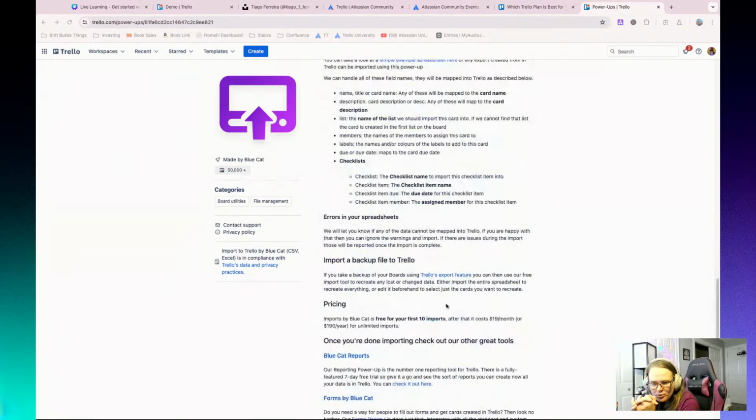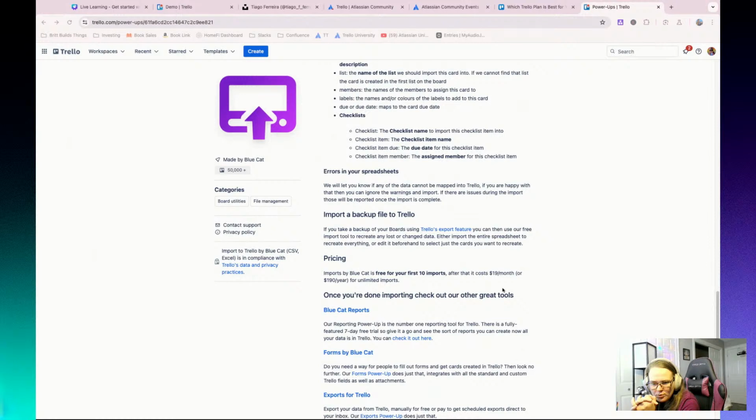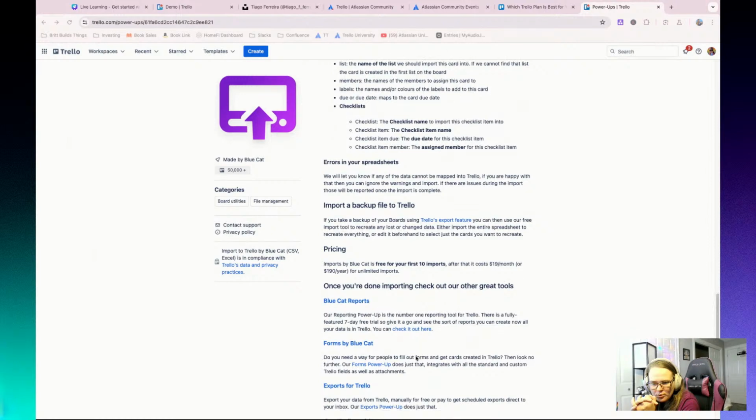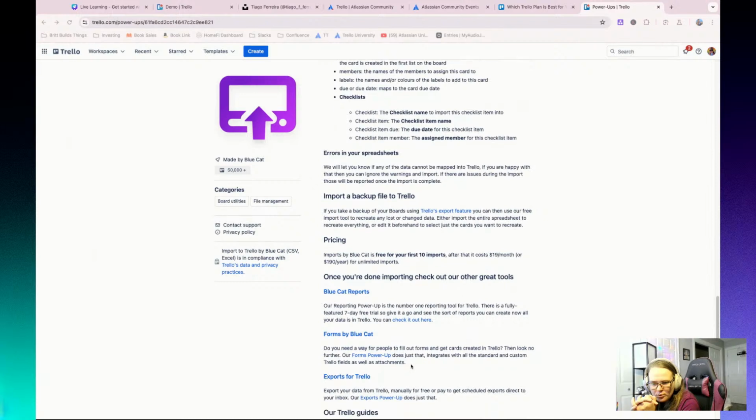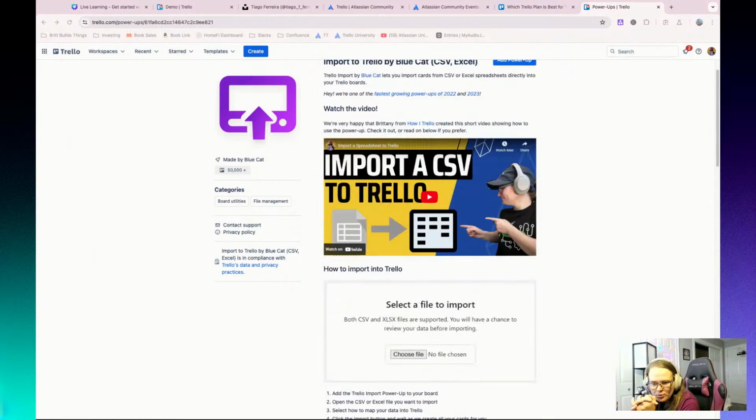I think you get a certain number of these for free. So yeah, your first 10 imports are free. And then it costs each month if you plan to do it regularly. But it's probably going to be basically free for you. I assume you're migrating things into here, so it's a great use case for that. It's just more if you need something to do it on a recurring basis, that's when you'll have to pay for it. So great question, Jill.